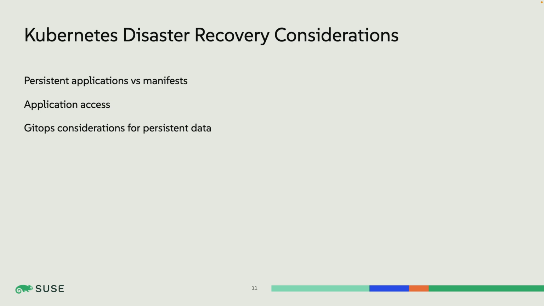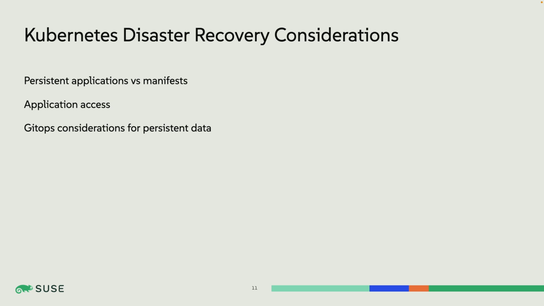That needs to be accounted for, and we need to be thinking about that when it comes to those consistency points. Because if I don't, I can run into a scenario where I'm using an old manifest because maybe I didn't back it up. Maybe I don't have a GitOps pipeline, and I lost that definition. So I'm trying to bring up an application, or a Mongo database we'll use as my usual example, where I'm trying to bring up this data with an image that's out of date. This can lead to problems.